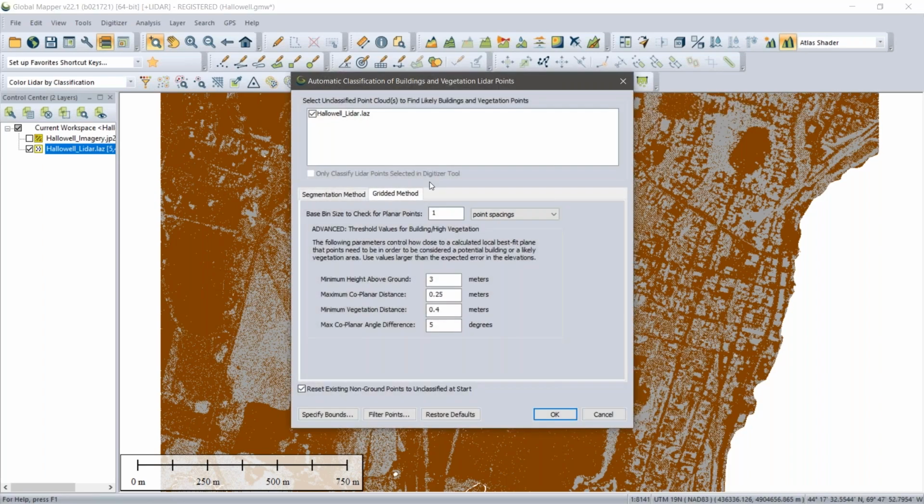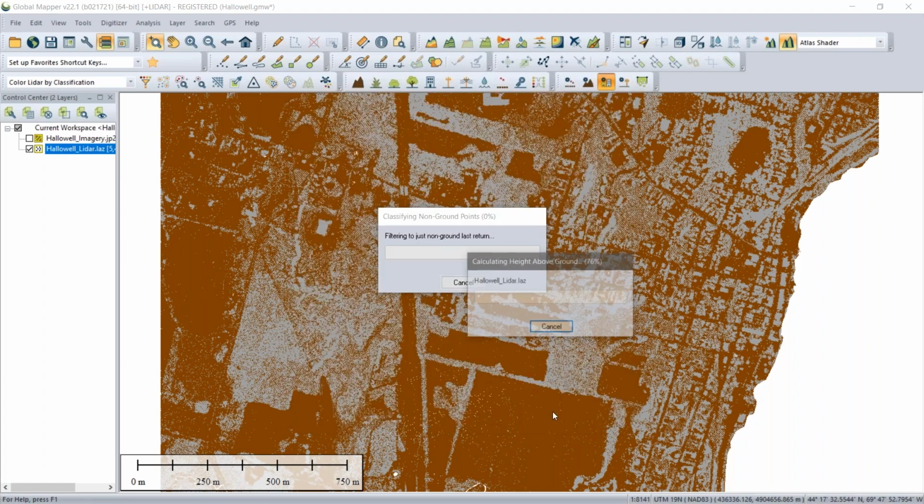Again, without dwelling on the technical details, there's a couple of different methods we can employ for doing this. If you want the details, again, a little plug for our training next week. We'll cover the details. With the settings such as they are, I'm going to click OK, and hopefully within a short time frame here,